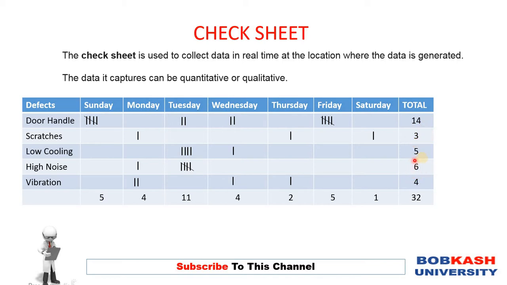There are 6 high noise defects in the week, and so on. So there are a total of 32 defects in the week. And we also add